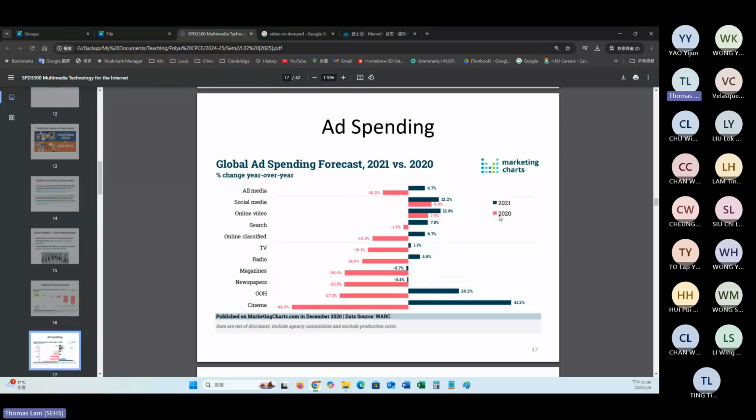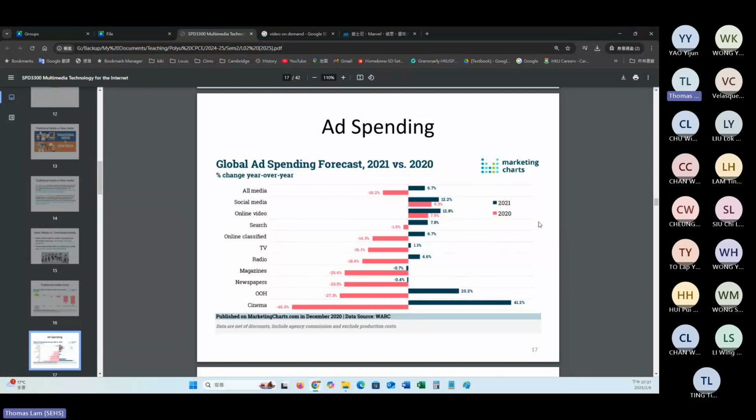So we have 2020 and 2021, and for the figures on the left, it seems that the growth is decreasing on many of the traditional media. On the other hand, if you look at social media and online video at the top, it is still growing on the right hand side of 2021. So that means the advertisement investment spending has shifted from the traditional media to the new media.